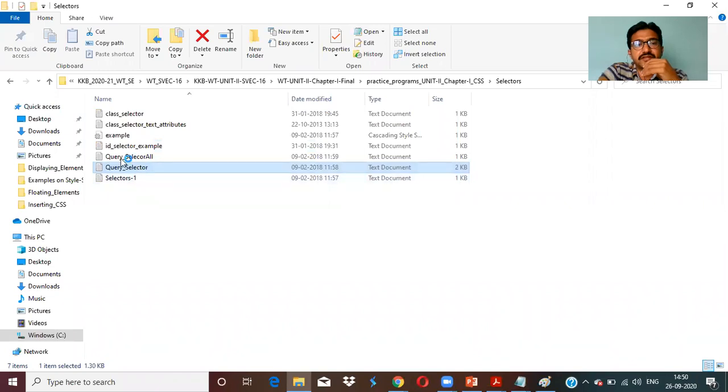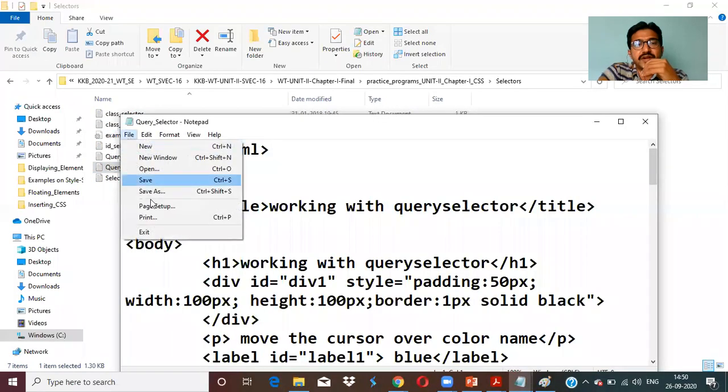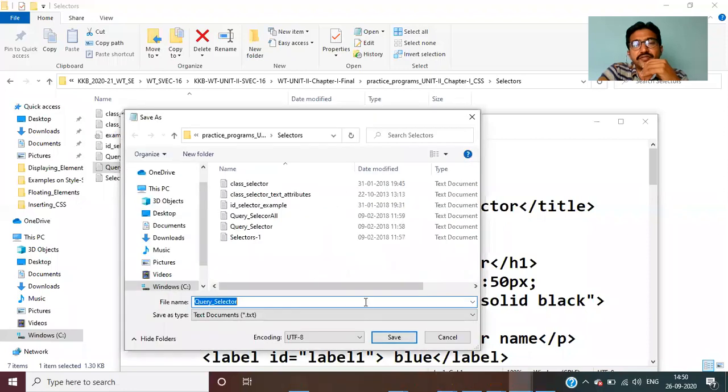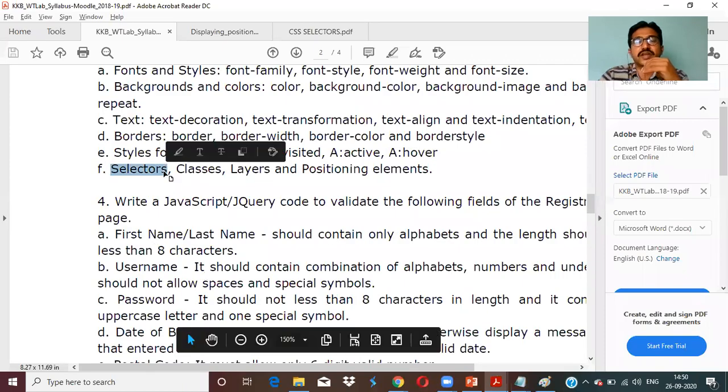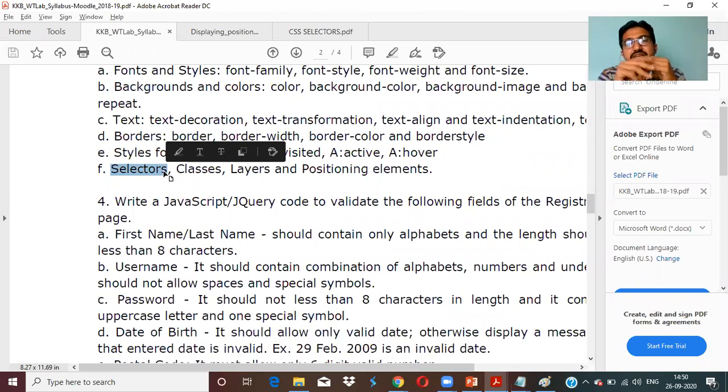Okay, just you can save. But anyhow, as a lab point, you can just practice these selectors. But as a lab point for this selector, please do one thing. You can apply ID selector, class selector, and HTML tag selector. Those three are enough. The rest of the selectors like query selectors will be for practice. Just for practice, you can do it. From the record point of view, please use ID, class, as well as tag selectors.